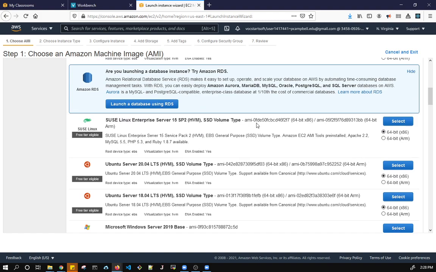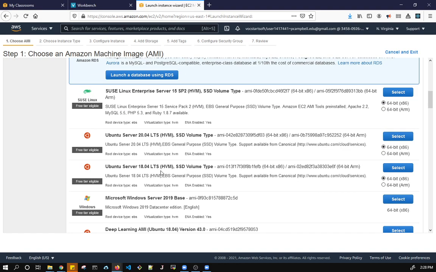And then down here, as you can see, there's SUSE, there's Mac OS, there's even Windows Server. There will not be Windows Desktop because of licensing issues, but here we have Windows Server. We're going to select x86 because we cannot use ARM with awseducate. So we're going to use Ubuntu Server 20.04